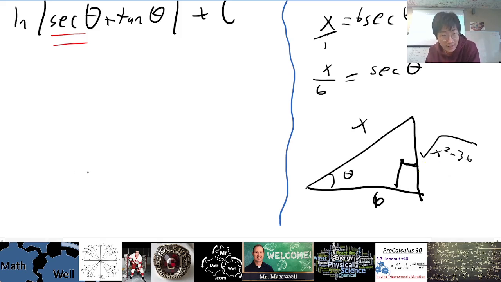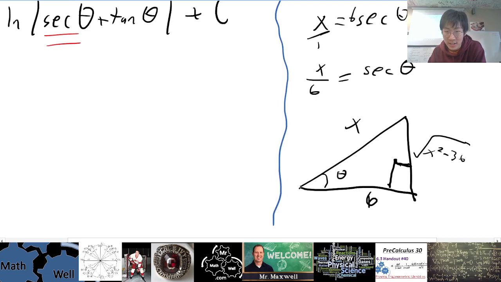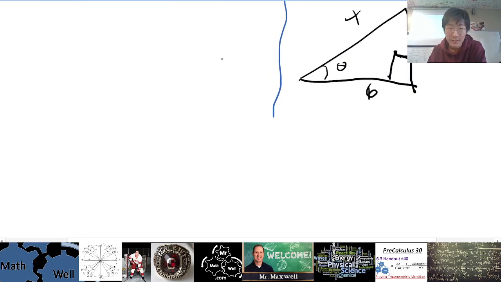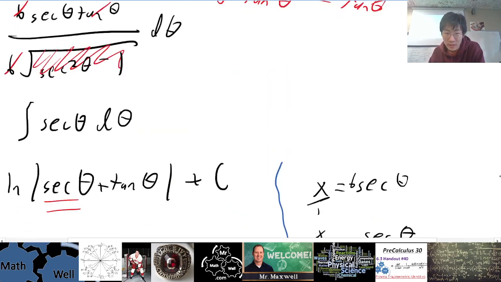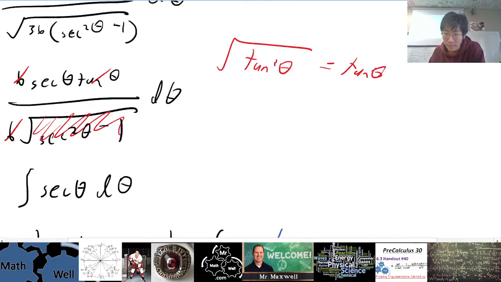Okay, anyway. So from this triangle, we can get that we need tan, and tan is opposite over adjacent. So given this funky triangle here, our opposite side is root x squared minus 36, and our adjacent side is 6. So we have root x squared minus 36 over 6 equals tan theta, opposite over adjacent. All right, and with this knowledge, we are going to, whoa, did not mean to move that far. We're going to put it back into our